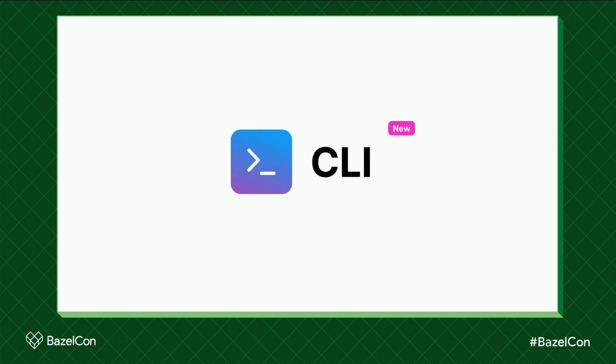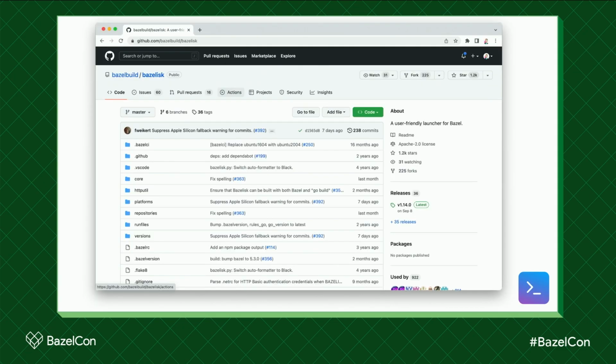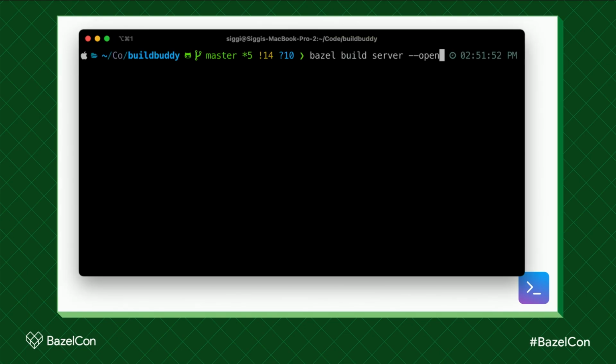So if you've used BuildBuddy before, those 5 components probably look pretty familiar with some new bells and whistles thrown in. But today I want to introduce you to something completely new, the BuildBuddy CLI. The CLI is built on top of Basilisk, so it's command line compatible with Bazel. It's open source, MIT licensed, written in Go, and has a few features that I think you'll really love. Let me show you some examples.